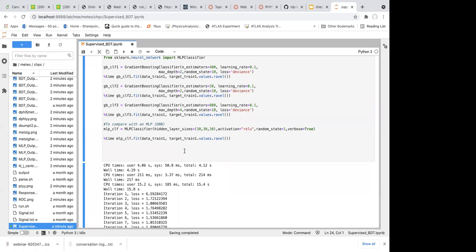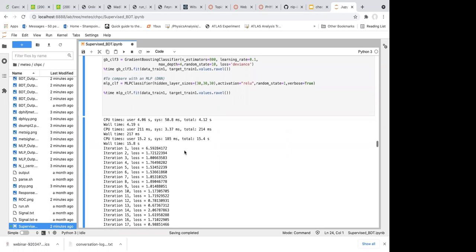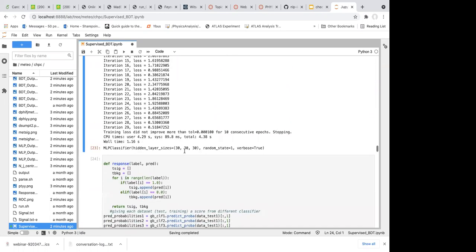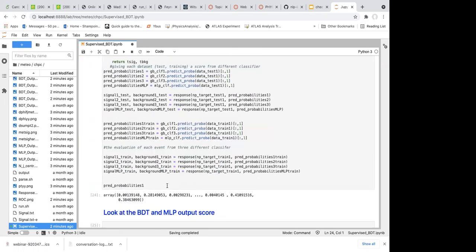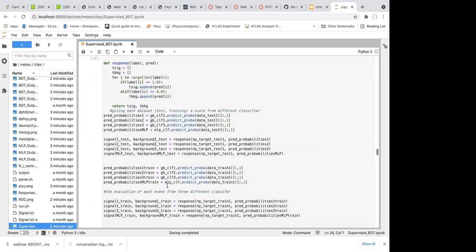If you have like 100,000 million events and 1,000 variables, that will also consume a lot of time, and it also depends on your machine. If you're using a CPU or GPU or a very fast computing farm, that will give you different training times.